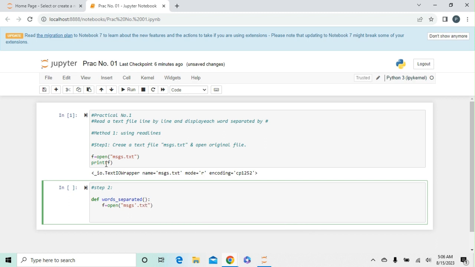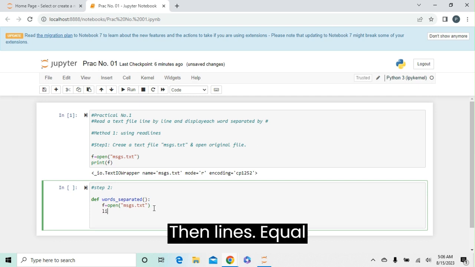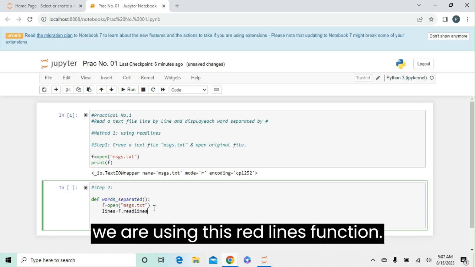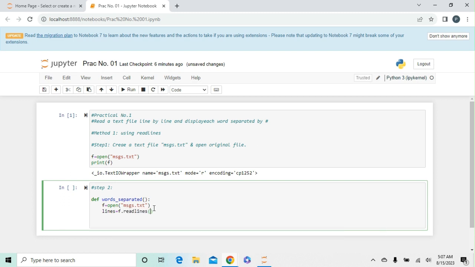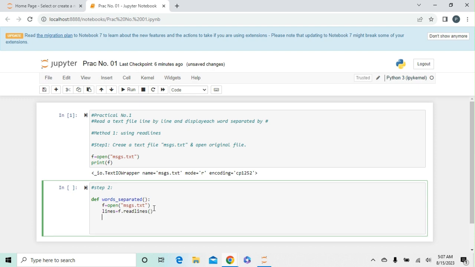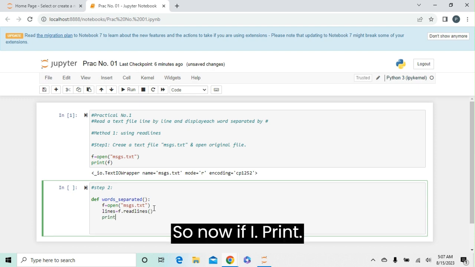messages.txt. So just then lines equal to f dot read lines. We are using this read lines function. So now if I print lines here,